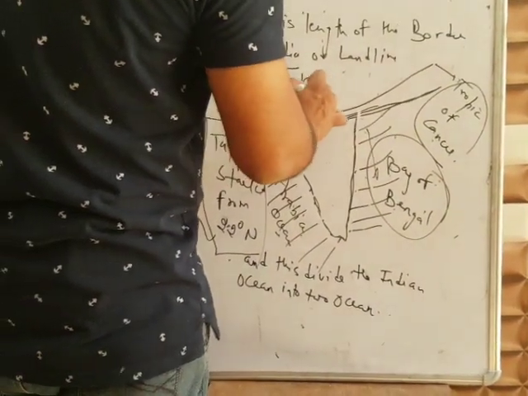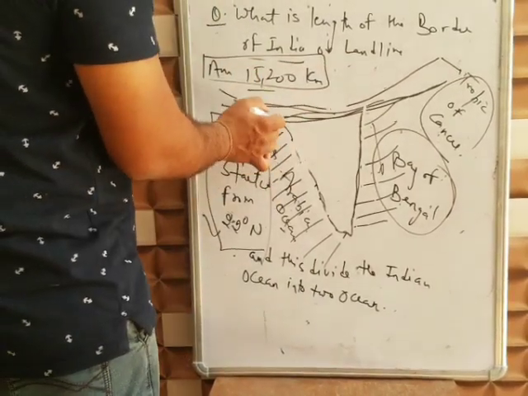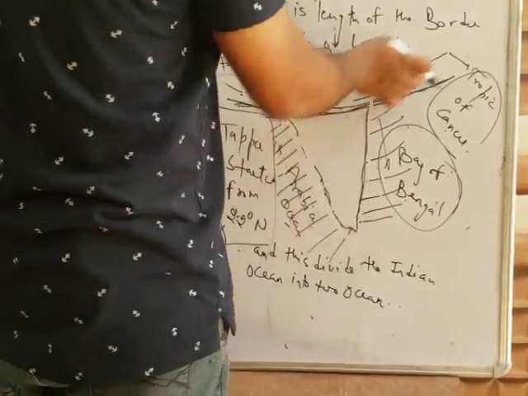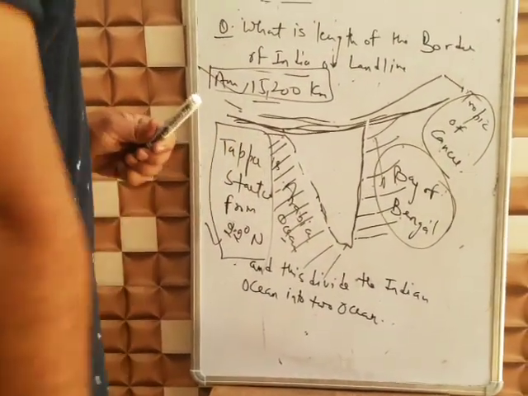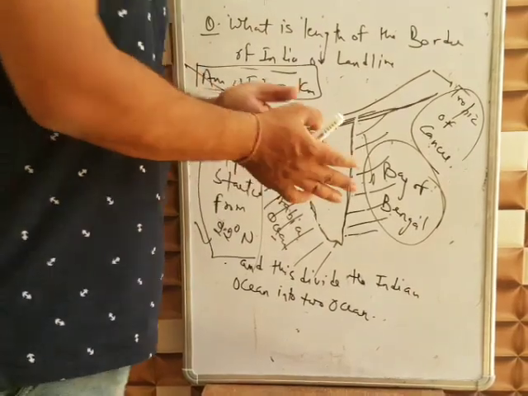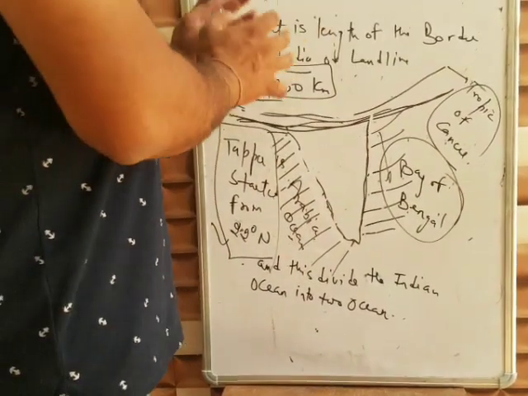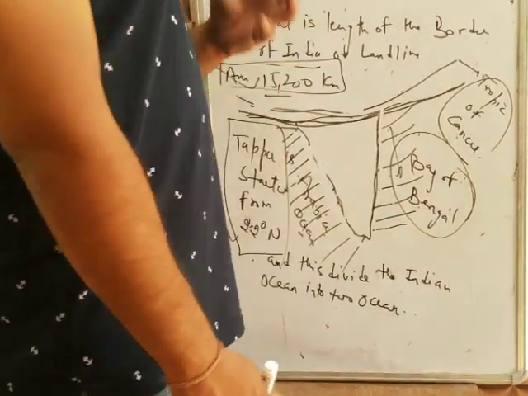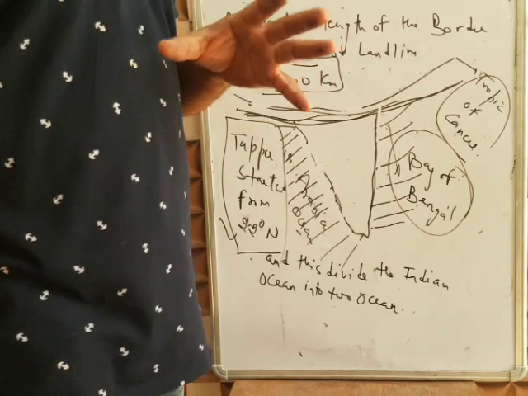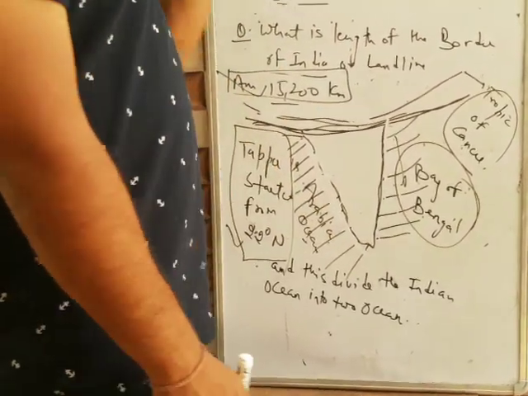It is 15,200 kilometers. This is another fact: our land line length is 15,200 kilometers. So these are all important questions. You just read, and this completes the size of India. Again, repeat: the length of the land line is 15,200 kilometers, and our coastline is